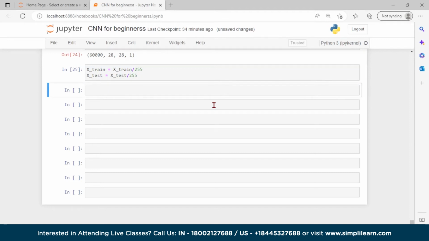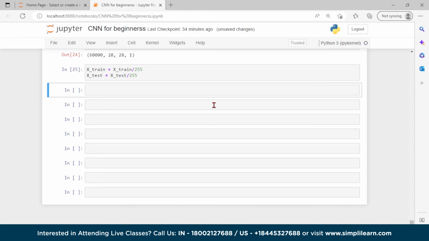So what is feature scaling? Feature scaling is a method used to normalize the range of independent variables or features of the data. In data processing, it is also known as data normalization and is generally performed during the data pre-processing steps. Okay,